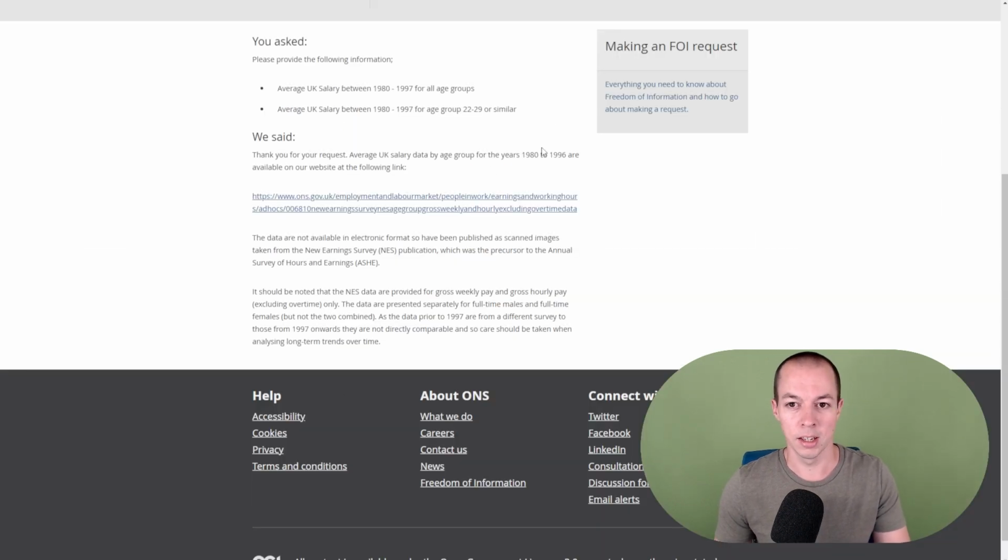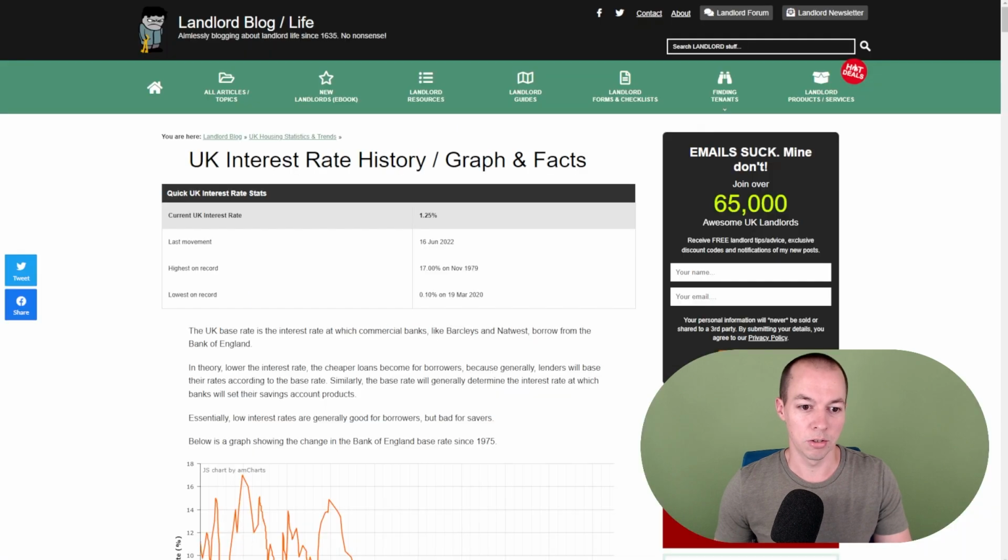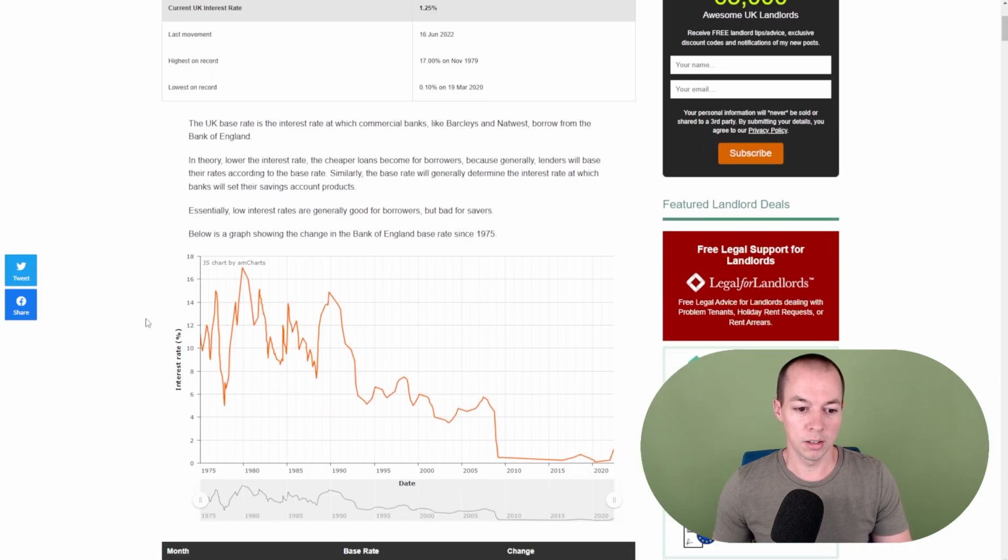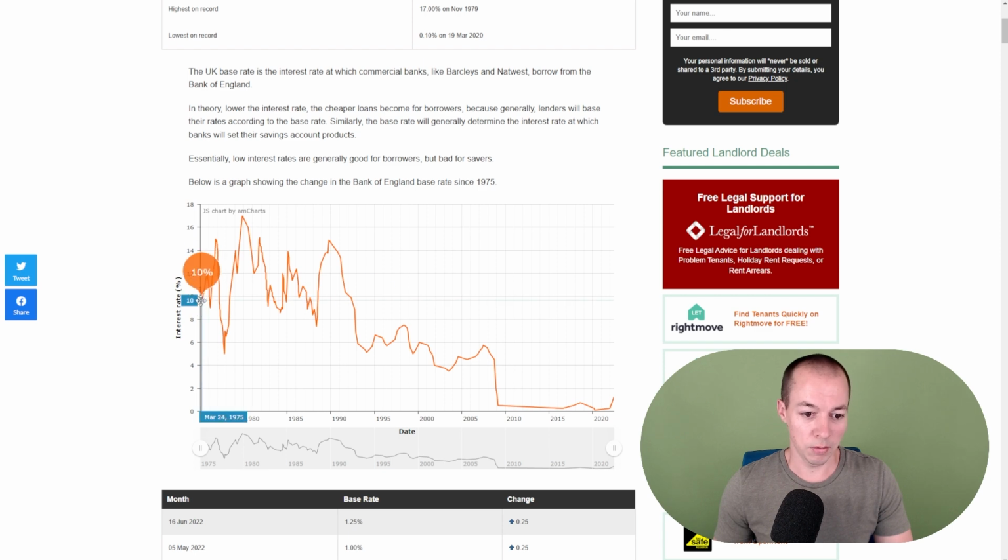So I'm going to go back to the browser here and see if I can find the interest rate history graph. This shows interest rates all the way back to 1975. And the peak came, as I mentioned earlier in the video, on November the 15th, 1979. That's when interest rates hit 17%, which I think is hard for anyone like myself, who has had a house for, well, how long have I had a house now? Coming up 15 years. And I've never seen interest rates above 5 or 6%. So to see them at 17%, yeah, it does look really bad on paper. There's no doubt about that. And I'm sure things were very tough at that time.